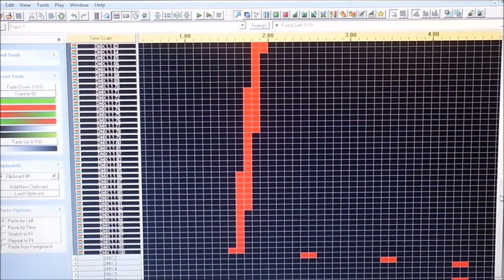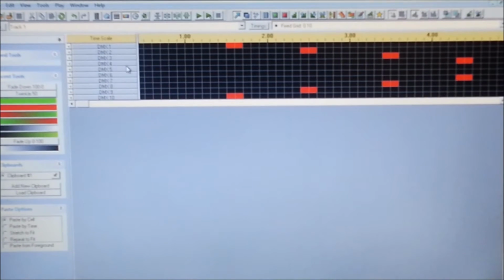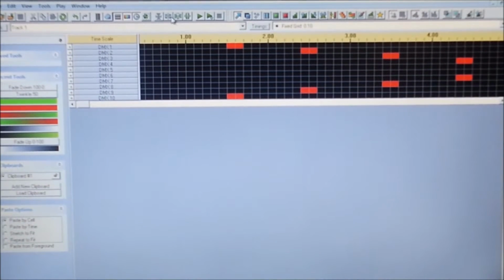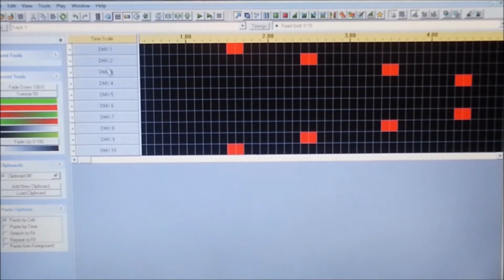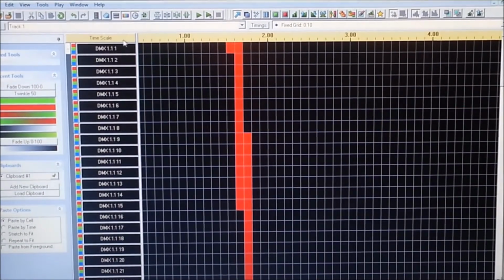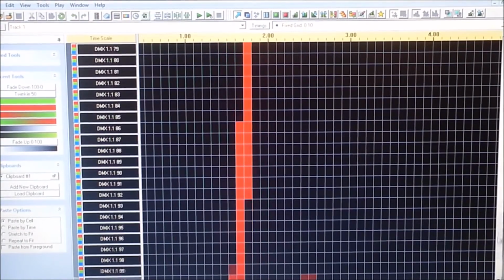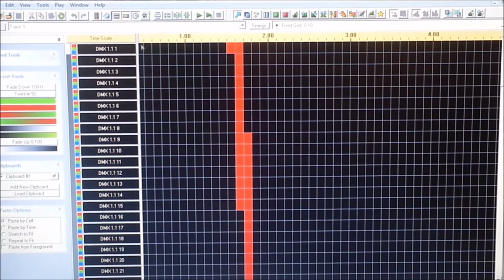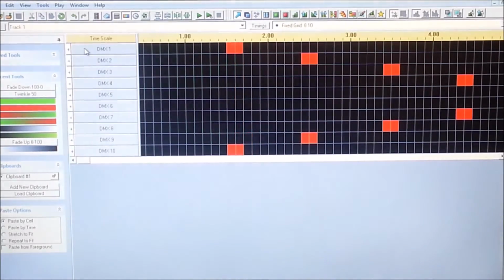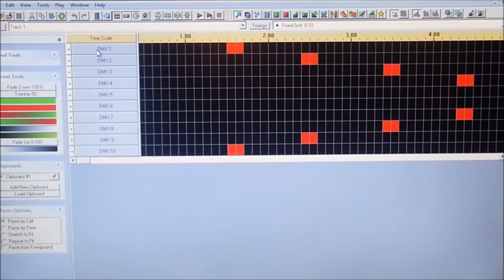First of all, I want to show you exactly how I set up the 10 universes for Light O Rama. What I have here is DMX 1, 2, 3, 4, all the way to 10. If I open these groups up, you can see these are all RGB channels. We have 100 channels per universe. And this may not be ideal for doing a mega tree setup, but it does